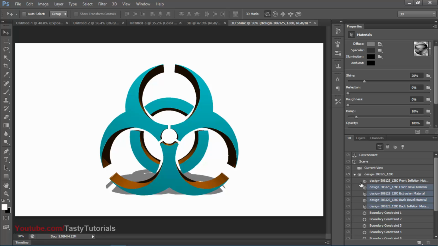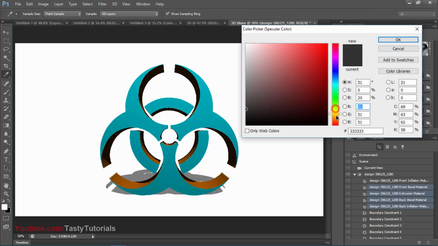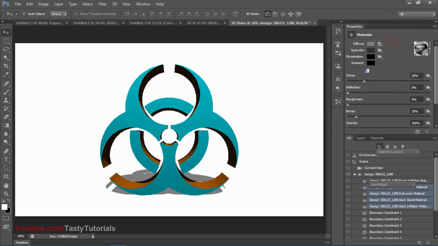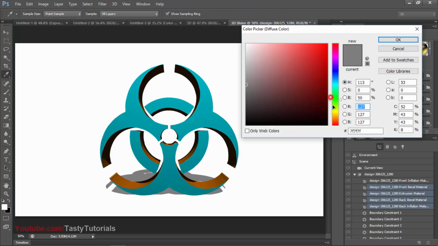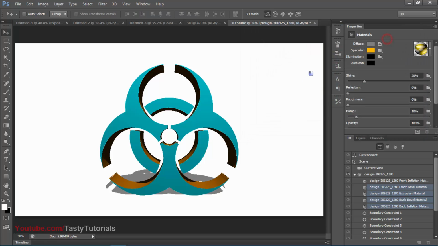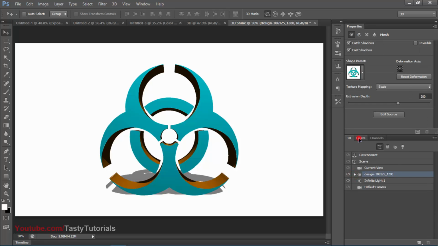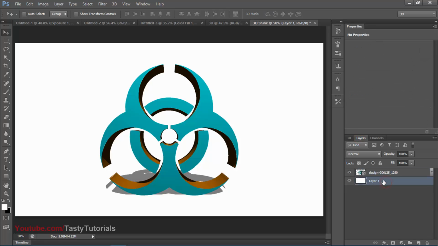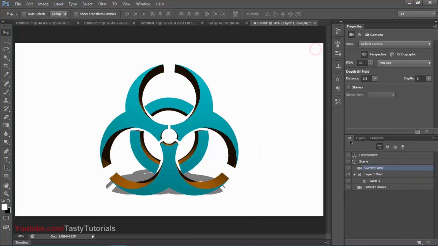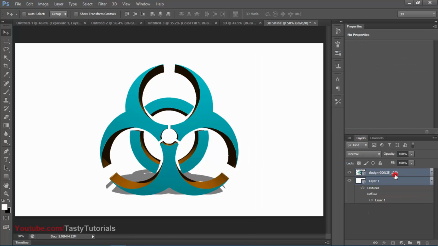And just change the specular color to about this color, and change the diffuse color to, again, the same color as we have selected for all. And now select layers, select this background layer, again change to postcard, and select both of these layers and